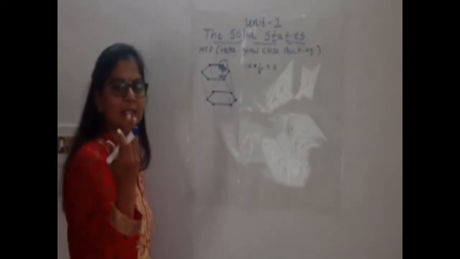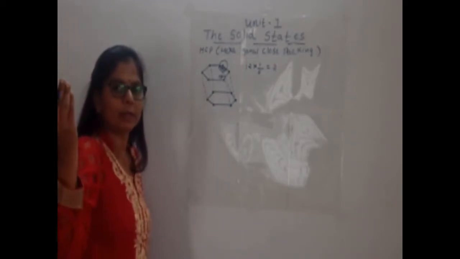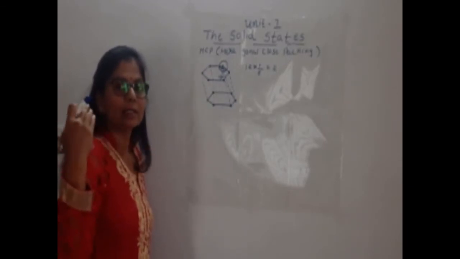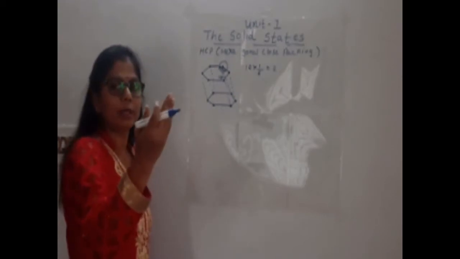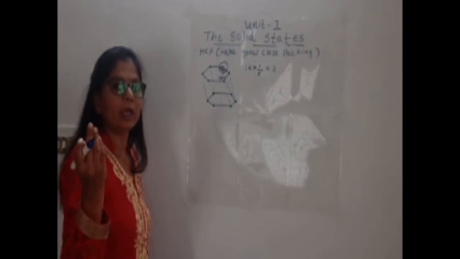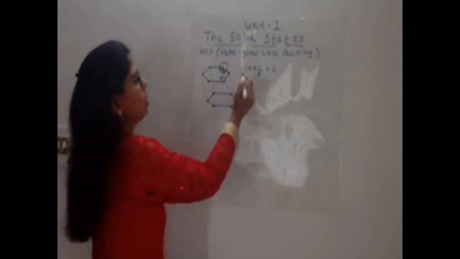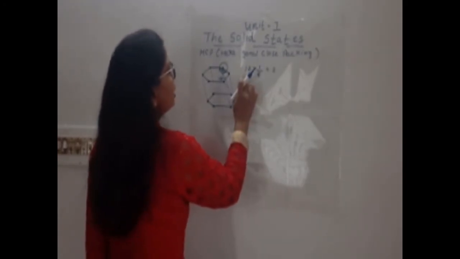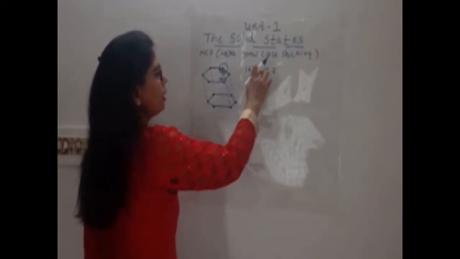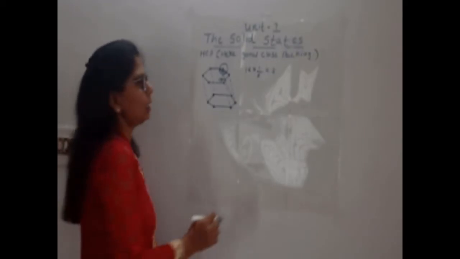So the facing side is 1/3 and the backward side too, because here we are imagining the 3D figure. So the facing side is 120 degrees, 120 degrees and 120 degrees. So this is 1/3 plus 1/3 plus 1/3, and the same way the backward side is also 120 plus 120 plus 120. So that's why here I have written that the 12 unit cells are divided into 1 by 6. So that is exactly 2.